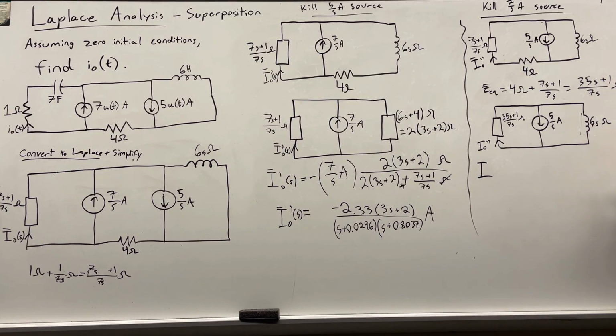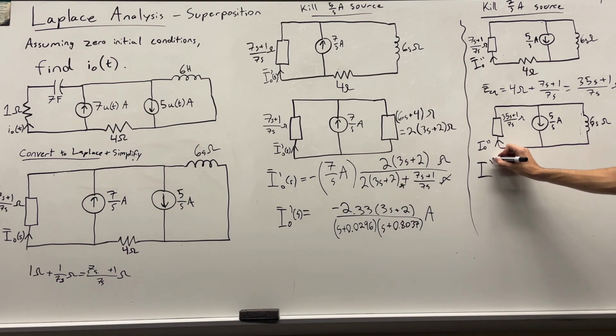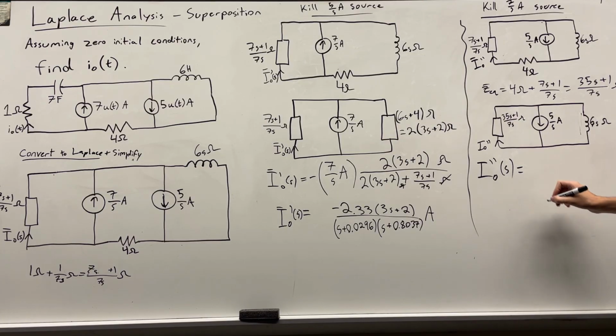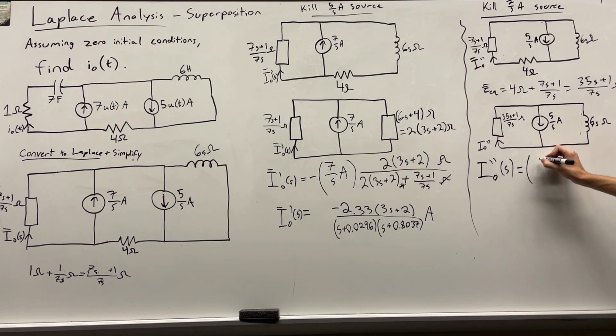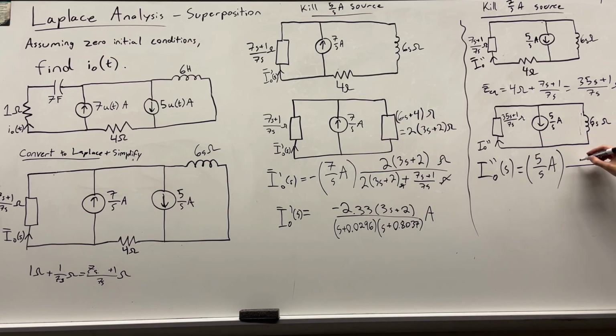I apologize if this is cut off on the side here. Sorry, current divider, I naught double prime of S. Now, the current produced by this source is pointing the same direction as the sought variable, so it'll be positive this time. 5 over S amps times, and then, since we're looking for the current through this impedance, we'll put this impedance in the numerator,